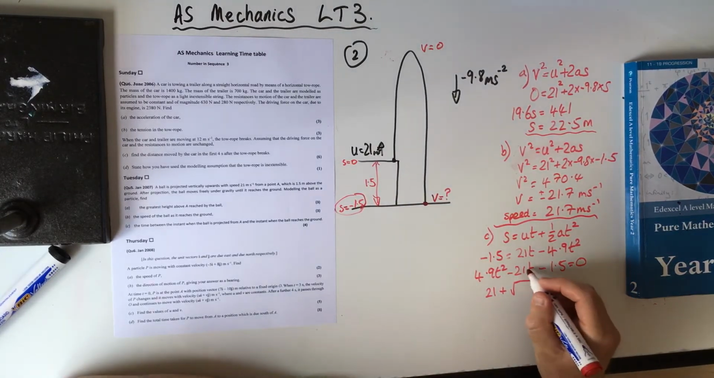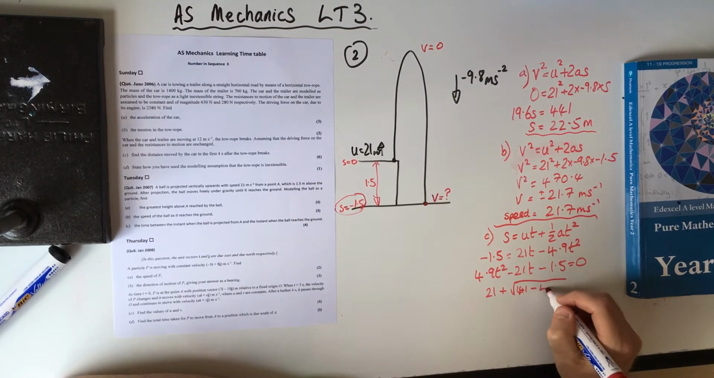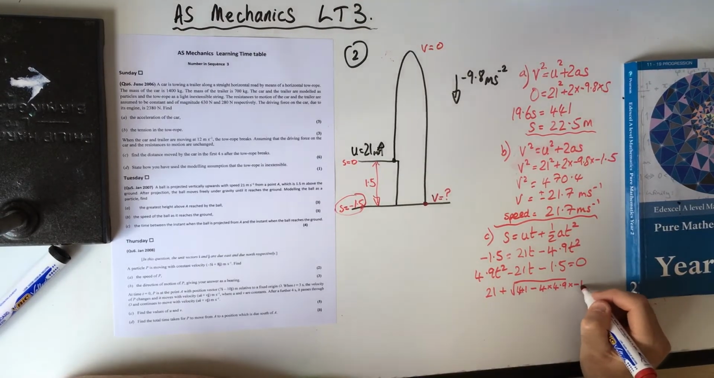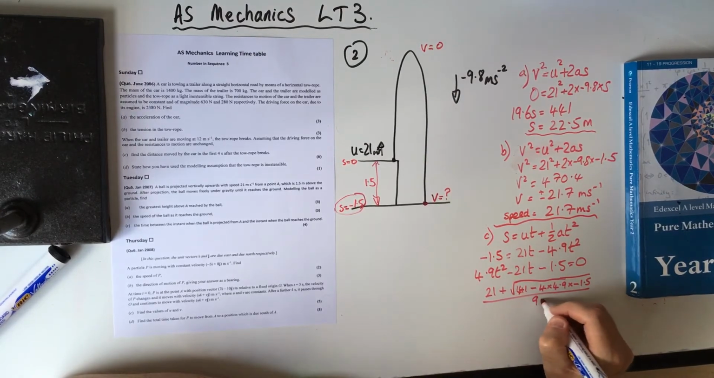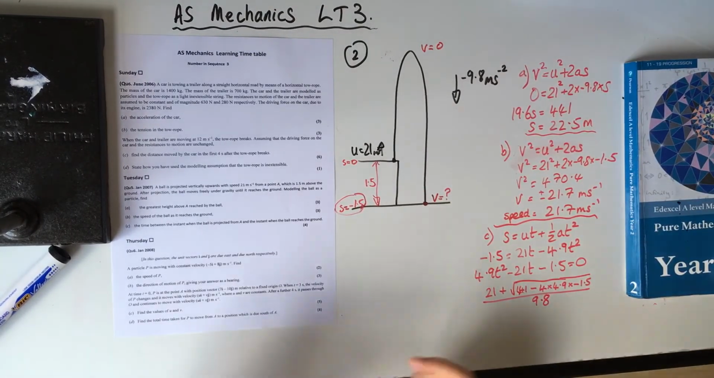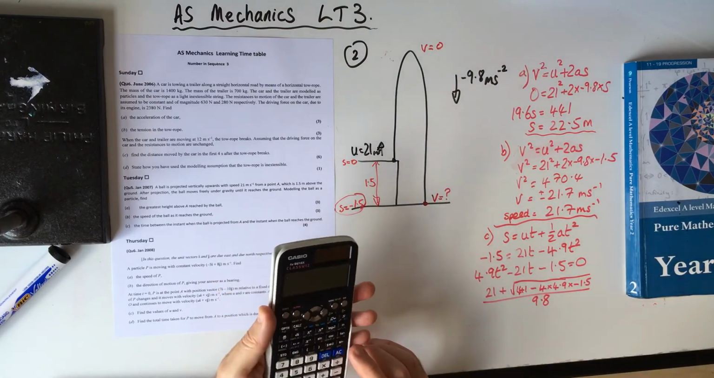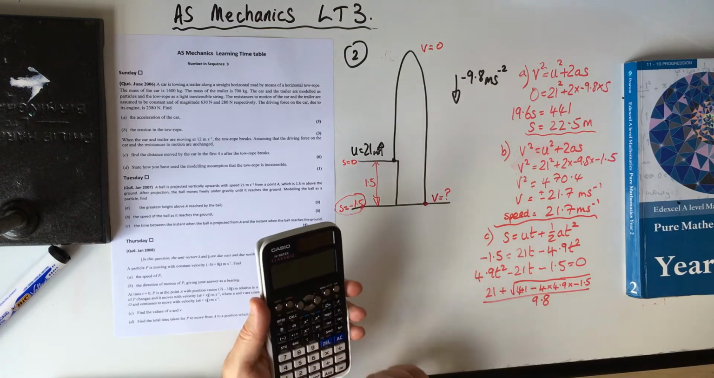B squared, so the 21, so 441 minus 4 times A, which is 4.8 times C, which is minus 1.5, all over 2A, which is 9.8. So all of that, the minus and minus is going to be a plus. So I'm going to go 21 plus the square root of